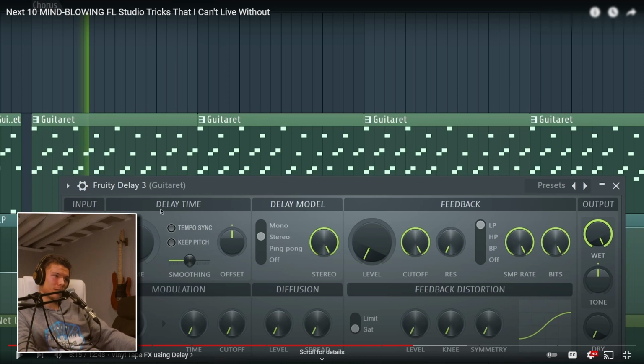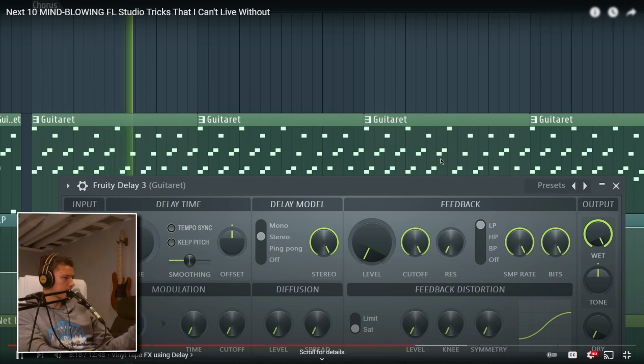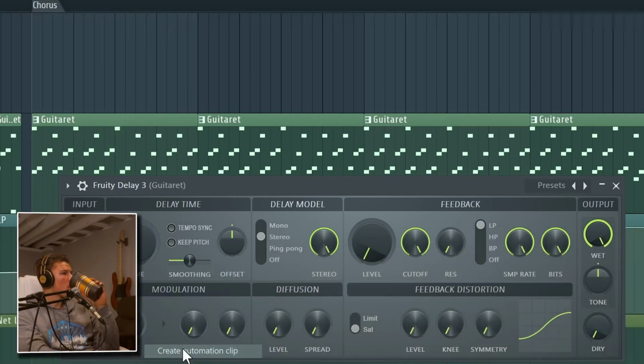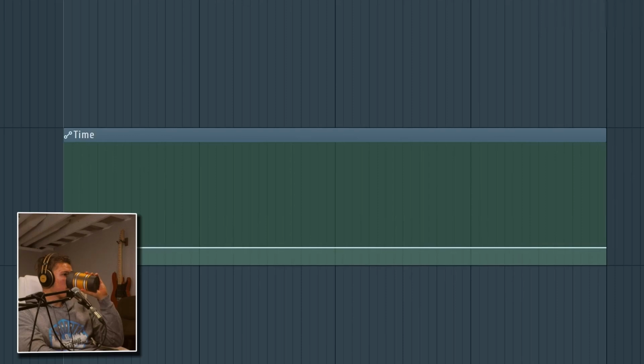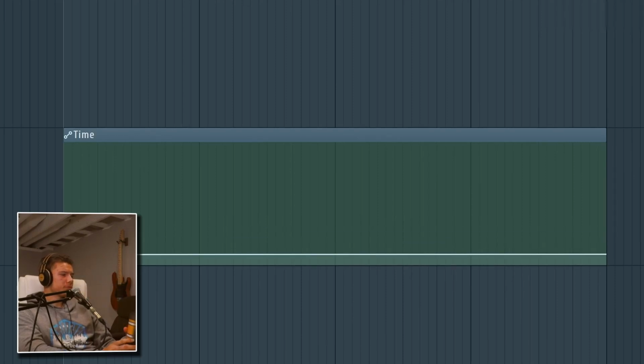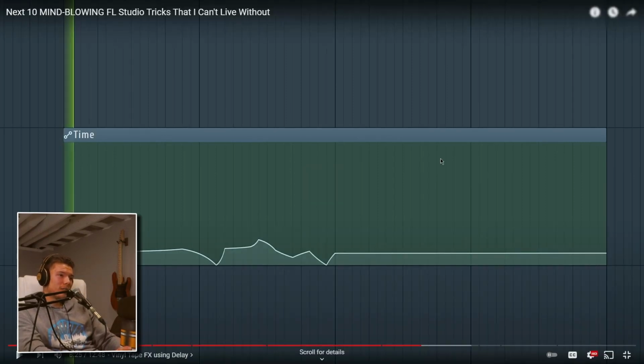And what he's going to say is that you can automate this time modulation and basically make whatever pattern you want. You could also attach it to an LFO, which is cool. So he's going to show you this. You can now create an automation clip out of time and basically make a short random automation. I honestly think this is kind of overcomplicated for what it is. And you can do this in Gross Beat as well. Like you can do some weird time stuff in Gross Beat. So I really wouldn't focus too much on this, but